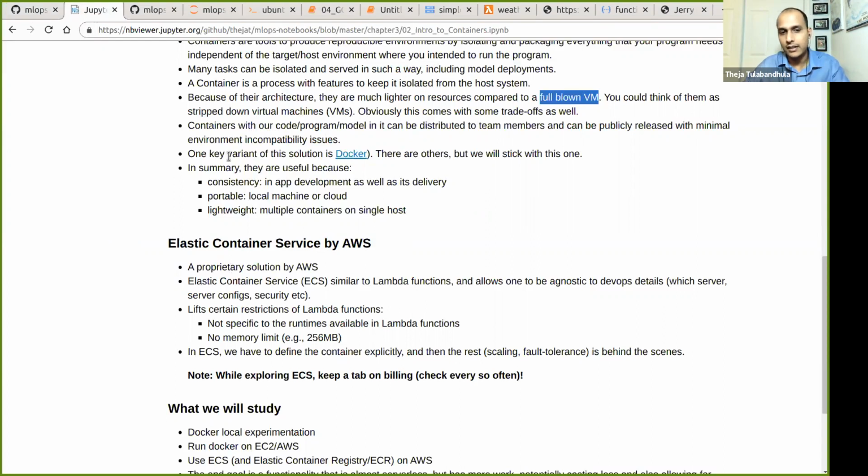The final thing is that one implementation of this container idea, having our target program running within a process and not being able to see whether it's running on Linux, Ubuntu 20 or Ubuntu 19 or whatever, is by the vendor Docker, or the software Docker. There are other implementations as well, called Podman and so on. But Docker has become popular, so we'll look at one of these implementations.